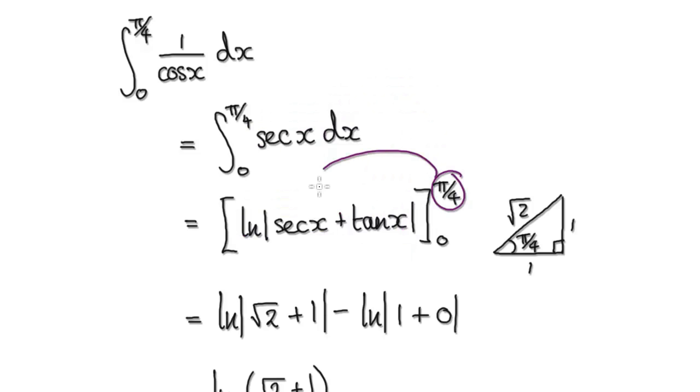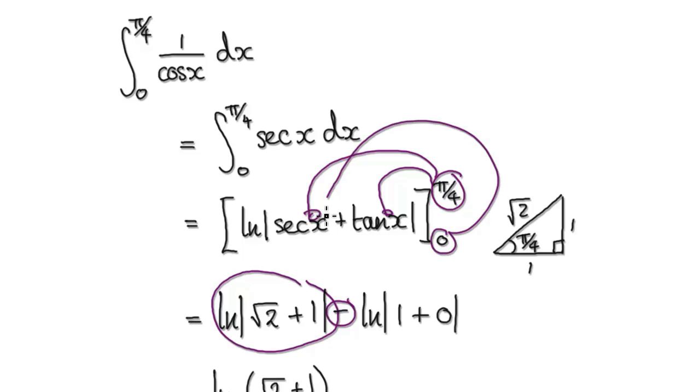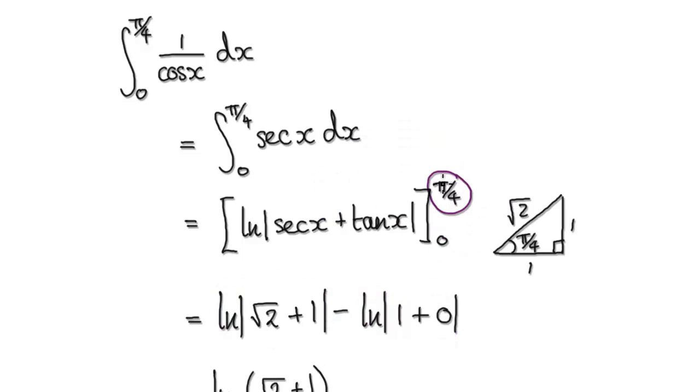That will then give you this, and then you've got to put this into here, and this into here. That will then give you this, and then you take away, and then you put this into here, and then this into here. That will then give you this thing here. So let's start again. When you put this into the x here,